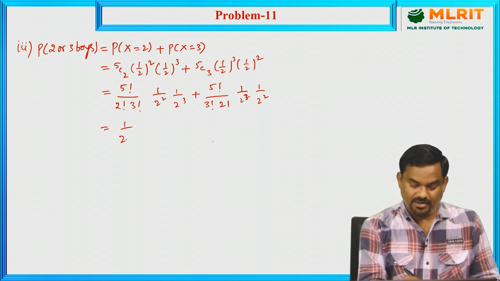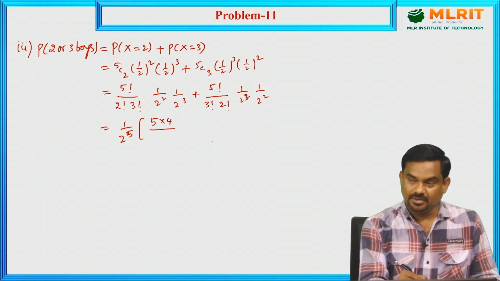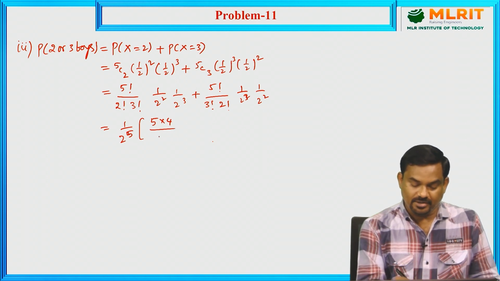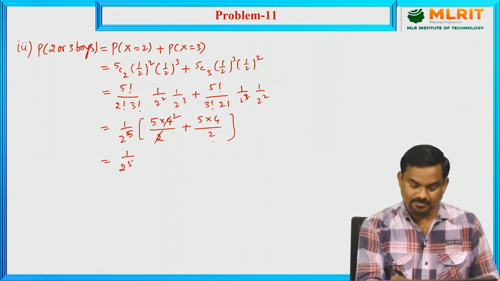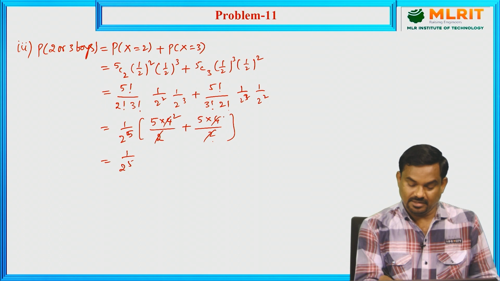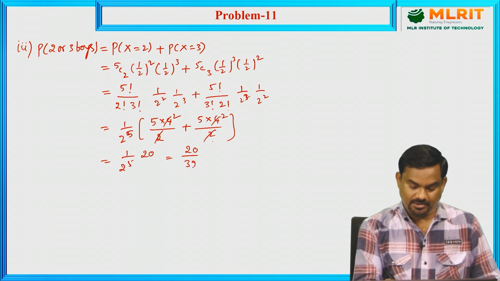So here 1 by 2 square into 1 by 2 cube means 1 by 2 power 5 common, and here 5 factorial can be written as 5 into 4 into 3 factorial, which will be cancelled with the denominator, so 5 into 4 by 2. So this is 1 by 2 power 5 into 10, again the same, 10 plus 10, 20. So 20 divided by 32,